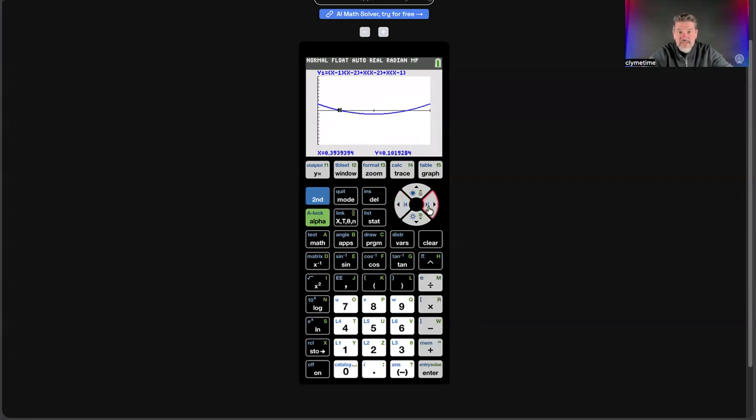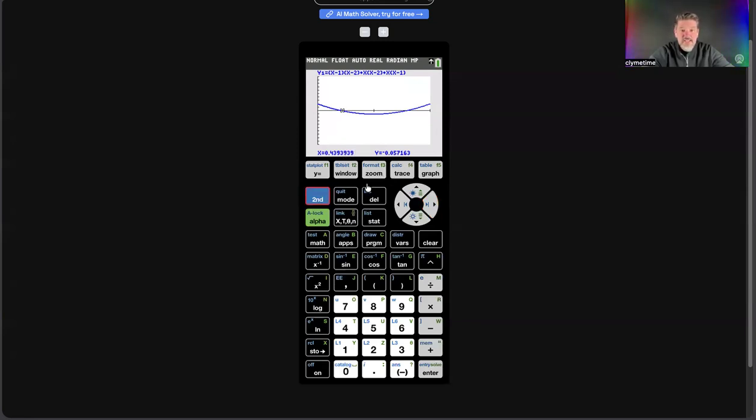It looks like somewhere around 0.39, I don't know, 0.4. I don't know exactly what it is, 0.4, whatever. I'm getting close to it, but I don't know exactly what it is. So to figure out a very good estimate, better than what I'm doing right now, we go back to calc,